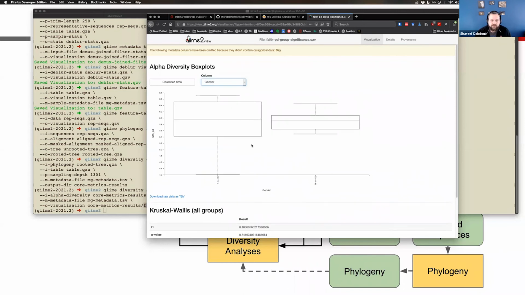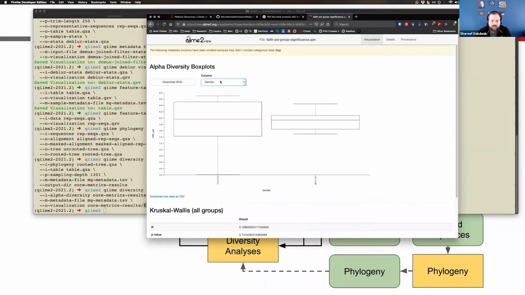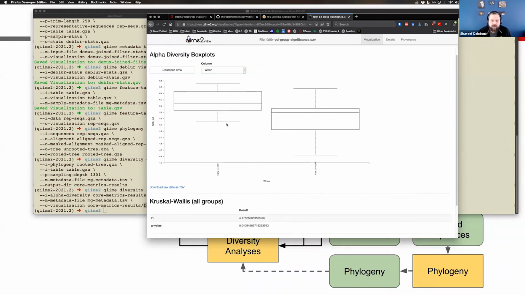And we can see they run Kruskal-Wallis, the non-parametric version of ANOVA. So for gender, there's no difference. But if you look at when, so early versus late, then that does appear to be significant. Based on the Faith's phylogenetic diversity, the earlier samples have higher diversity than the later samples. Okay, so there's a bunch more in there